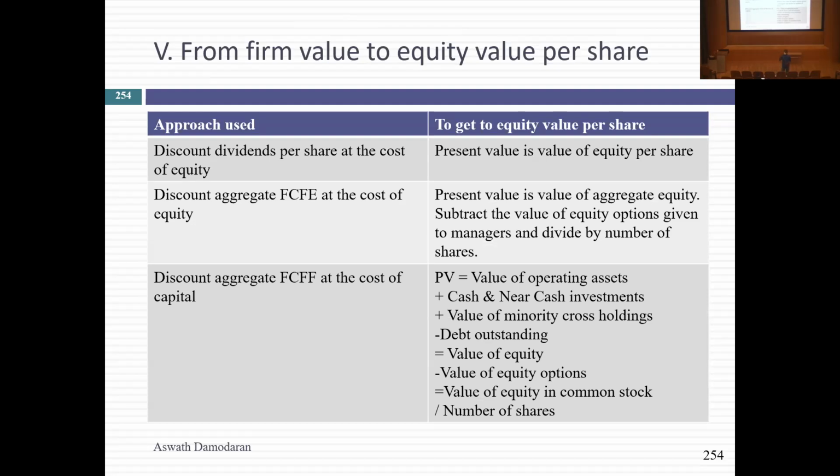Now, when you value equity, one of the nice things is you take the present value of dividends, you come up with the value today, you're done. That's the value of your shares. When you value free cash flow to equity, you're pretty close yet. You take free cash flow to equity, discount at the cost of equity, you're pretty close to being done. But when you take free cash flow to the firm and discount at the cost of capital, you value what I call the operating assets of the company. And the reason is very simple. What did we start with as our measure of earnings? Operating income, right? So let me make a statement that's going to sound completely innocuous, but it's going to have consequences. When you start with operating income, what you valued are only those assets whose earnings are part of operating income.